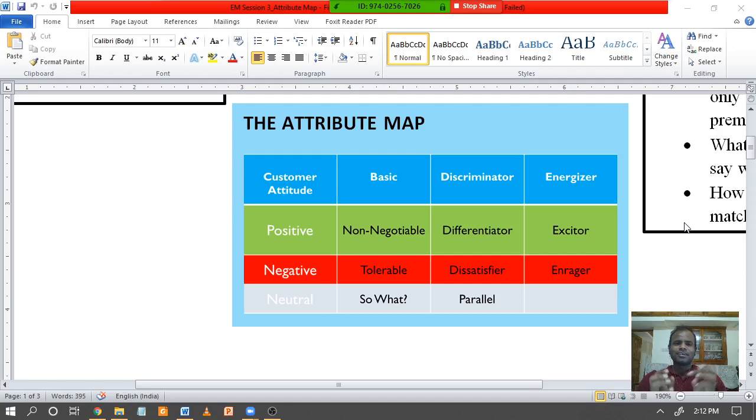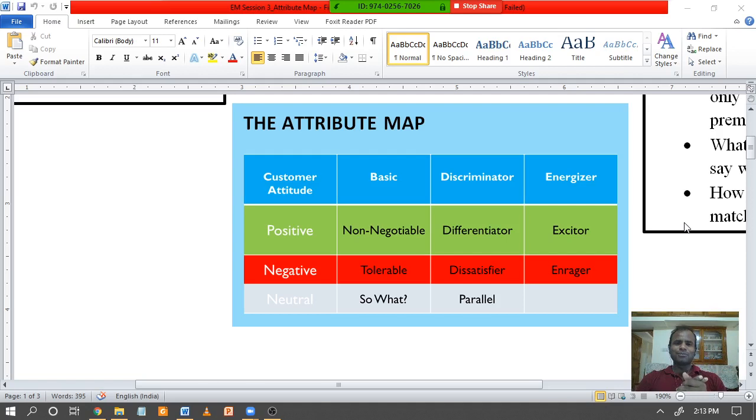For example, when you judge a product or service, for the positive non-negotiable factors that should be there in a product, what should be the relevant questions we should ask? That was a very valid question. I believe some of you actually shot it to me. For that reason, I have chosen a very practical session today on the attribute map, and we'll be discussing how to visualize the attribute map in the real world with respect to a product or a service.